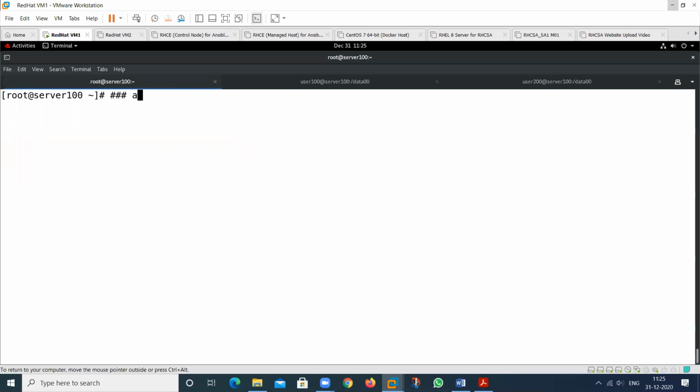So ACL means access control list. It is used to specify the permission on user also, on group also.